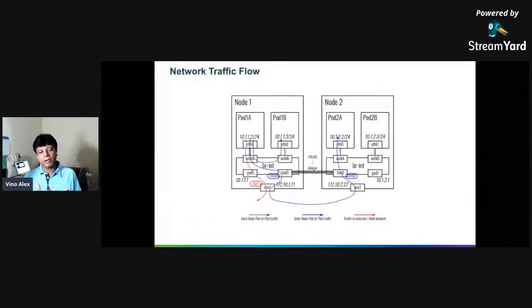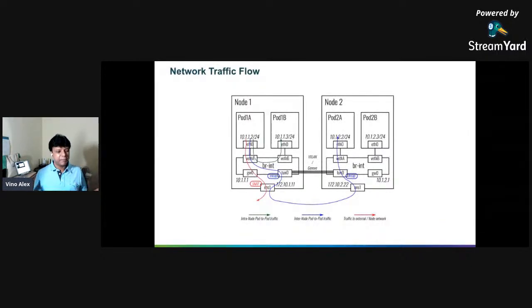That tunneling mechanism, in simple and plain English, we can assume is something like a tunnel creation happening in the underlying network, right? So the more technical term we call it is encapsulation. From the pod, the traffic will go to its own bridge, the bridge present in that node, and then it will encapsulate and move over the existing underlay network between the nodes, reach the next bridge, and go to the destination port. That's how the inter-node pod-to-pod communication happens.